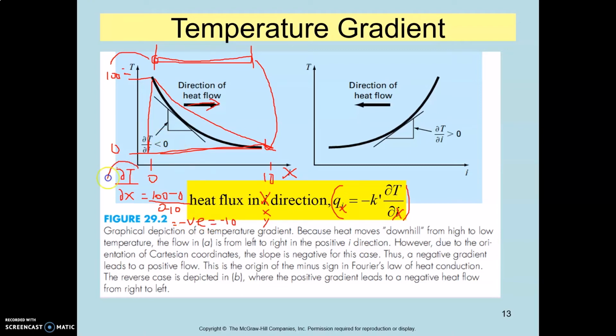So your delta T over delta x in this case is less than 0. So once you multiply by the negative k prime, you will get the result in positive. If you get positive heat flux, it means that the direction of the heat flow is moving in